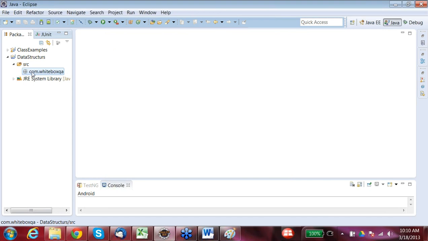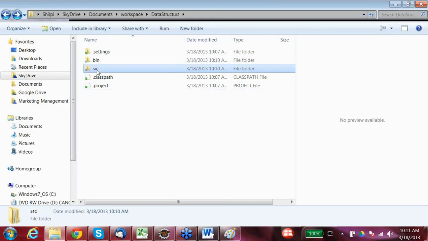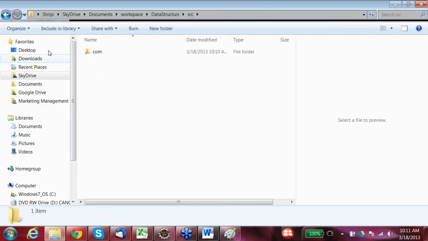If you see in source, this particular package has been created. Let's see what has been created here. In source, there is a com folder. In com, there is another whiteboxqa folder. Now in this folder, let's say I want to add some class.